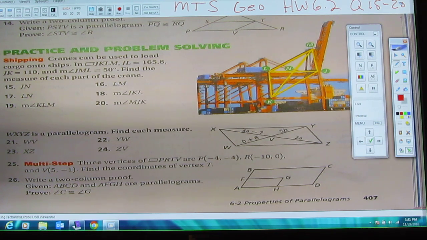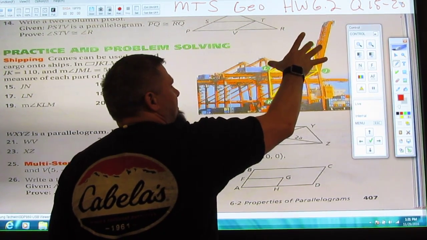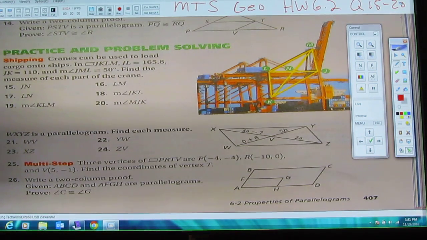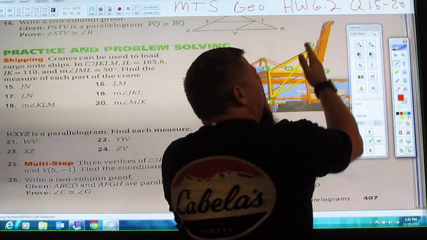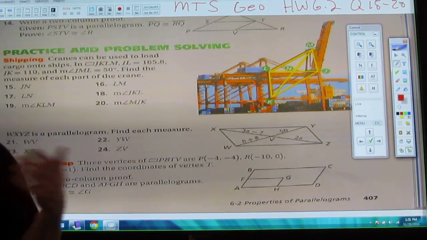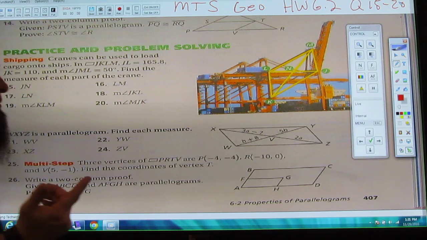Please. Okay? Alright. So, right away, it tells us that this is a parallelogram. That just means that these are parallel lines. Okay? And these are parallel lines. What that does is it lets us know that the diagonals are congruent. It also lets us know that these opposite sides are congruent. And it also lets us know that we have the rules of parallel lines and transversals. Right? So,